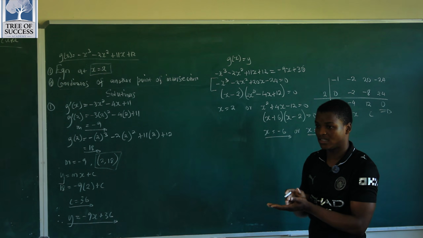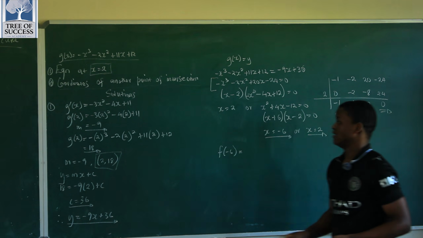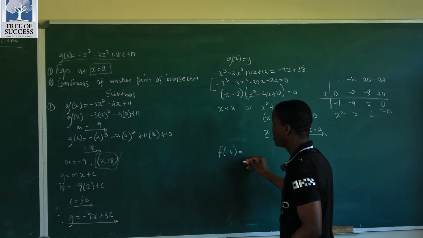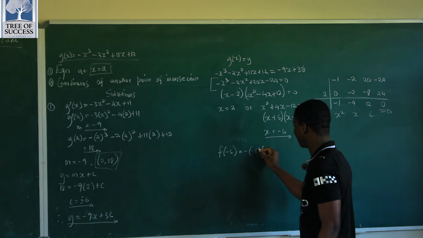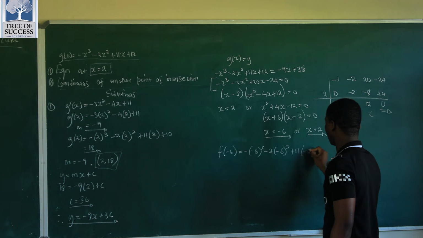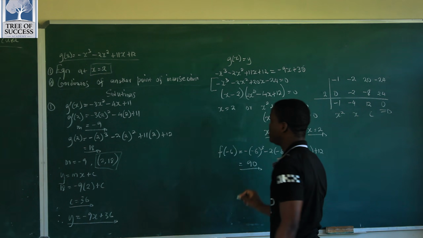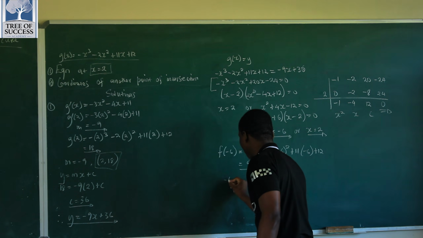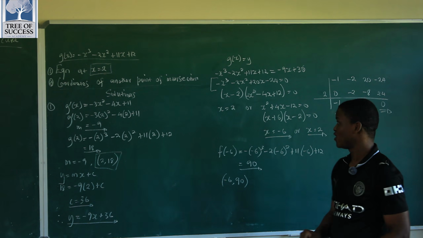Meet again, right? So now we will need f at -6, right? We need f at -6. Can you please substitute here? Use your calculators. Make use of our brackets, must substitute. It is so huge. 90. So the point where the curve and the tangent will meet again has got coordinates -6 and 90, right?